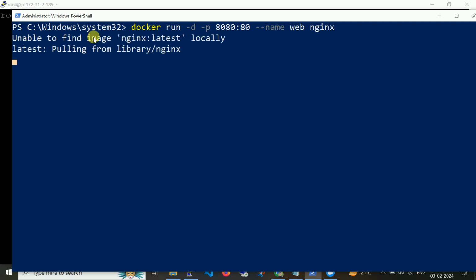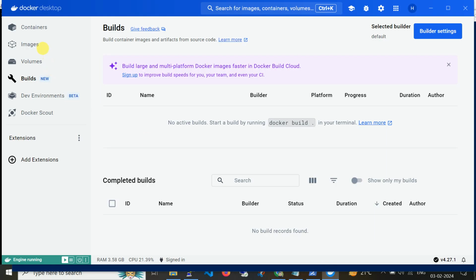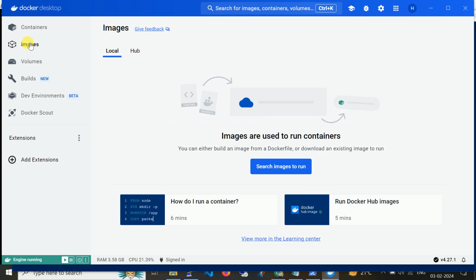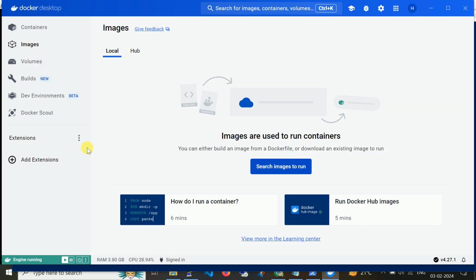First it tries to identify Nginx locally. It's unable to find this image, then pulls from the library. Here also you can search for images like Nginx, Postgres, like we have the option of docker search.